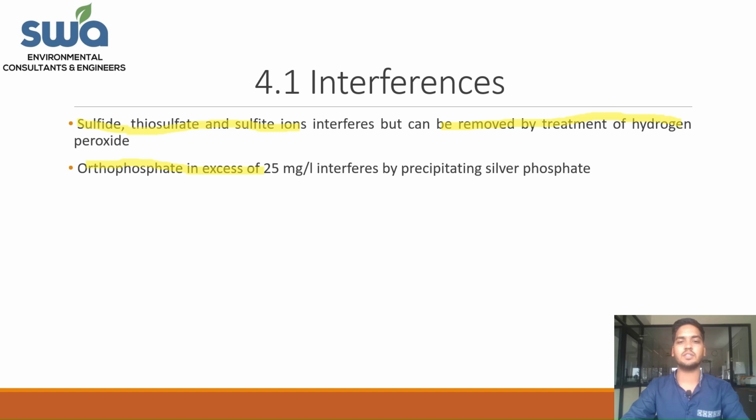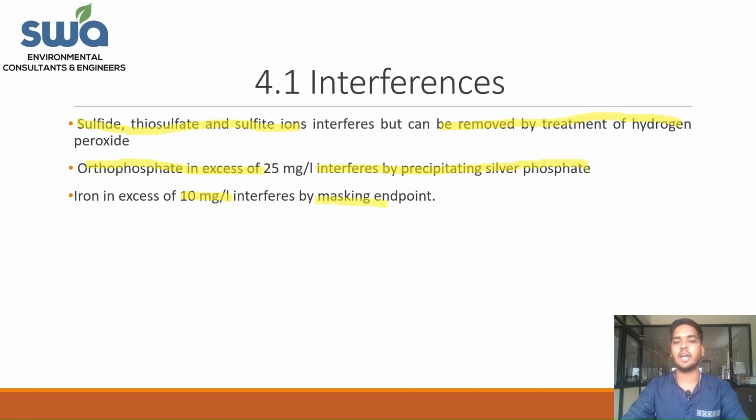If orthophosphate is in excess of 25 milligram per liter, it will interfere by precipitating silver phosphate. Lastly, the iron. If iron is present at more than 10 milligram per liter, then it can interfere